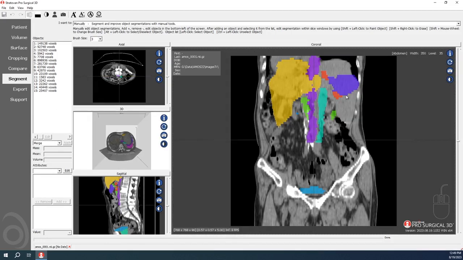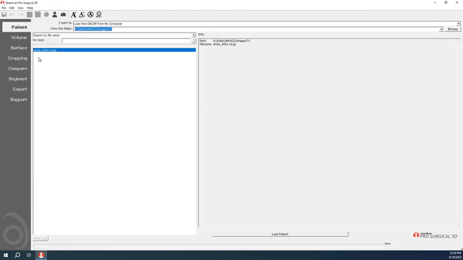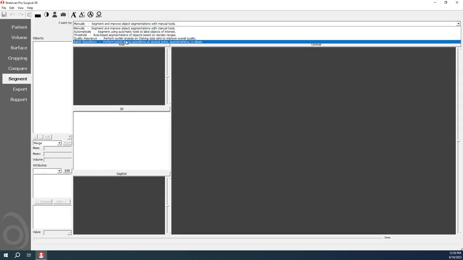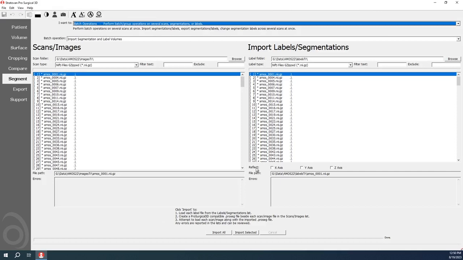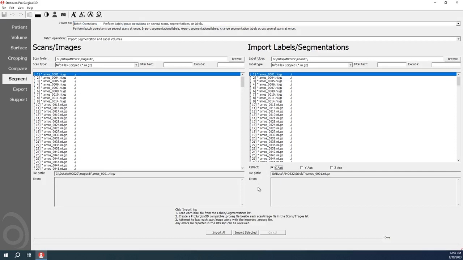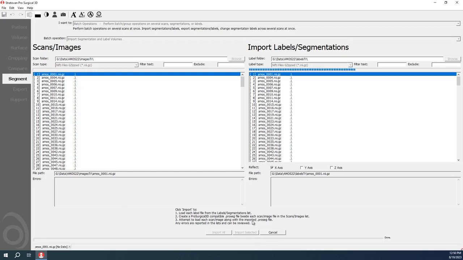However, in this case, it's actually flipped across the x-axis. This is because the patient scan indicates an affine transformation to flip the x and y axis, whereas the segmentation label file does not include that same transformation. This shows an error in the importing process. So what we need to do in the importing process is indicate that we want to flip or reflect the x-axis in this case. So if we rerun this process to re-import the scan